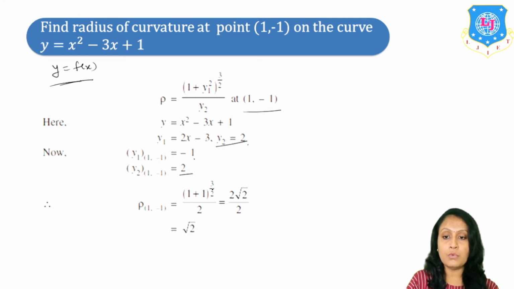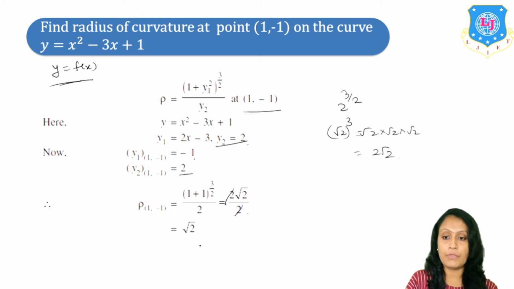So this is 2^(3/2), right? So we have 2^(3/2). Firstly take the square root, so this is (root 2)^3, that is root 2 three times. From this we will get 2 root 2. So this is the answer over here. Okay, and this 2 as it is, this 2 will get cancelled. So the answer of rho is what?